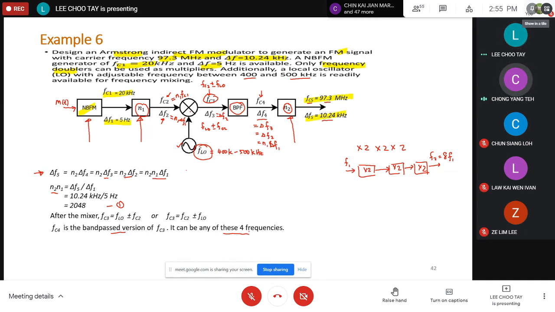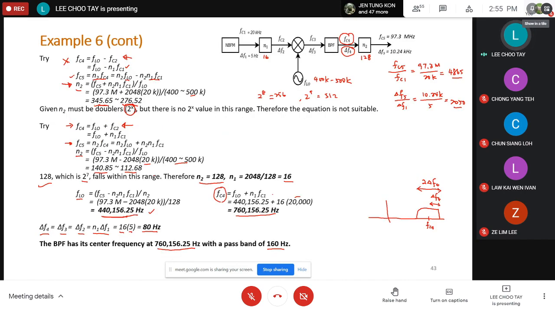So it doesn't matter if it mentions how many multipliers they need for the design question? The standard is to make use of two-stage multiplication, which is N1 and N2. N1 itself can be many multiplier blocks. So in this case, we found our N1 as what? N1 is 16.